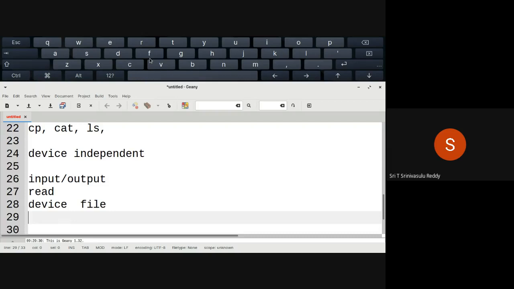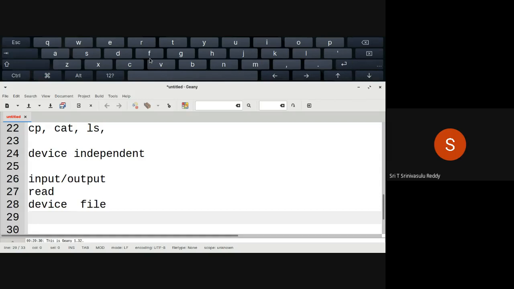If you want to read a device, you need to know the corresponding file name. By just knowing the device file name, it becomes so easy. Read from that particular device is equivalent to read from that particular file name. You want to write something onto your device, first find out the corresponding device file name, and simply write onto that file, which is equivalent to writing onto that particular device.